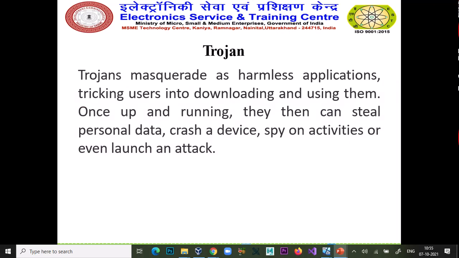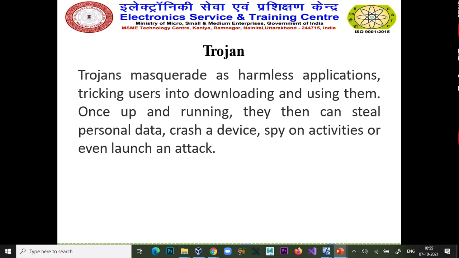Now, what is a Trojan? A Trojan is a kind of malware. They can steal personal data, crash a device, spy on activities, or even launch an attack.